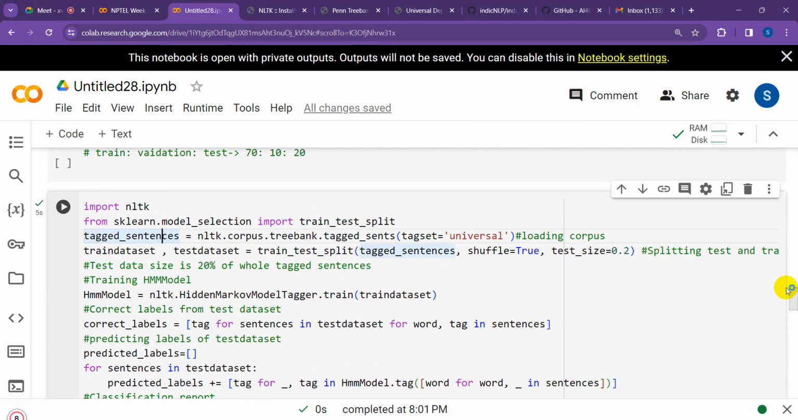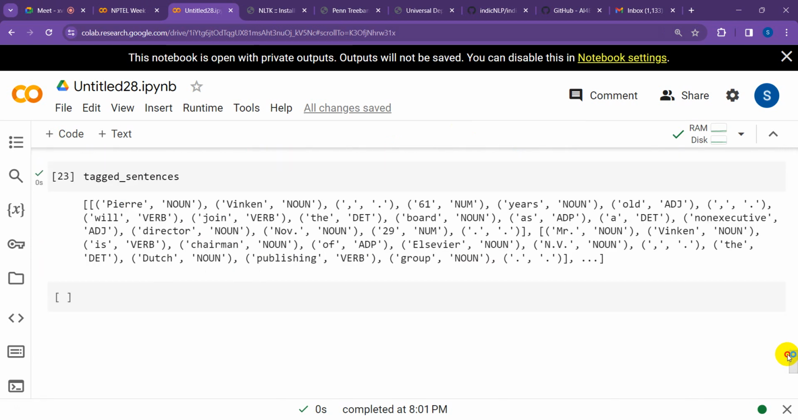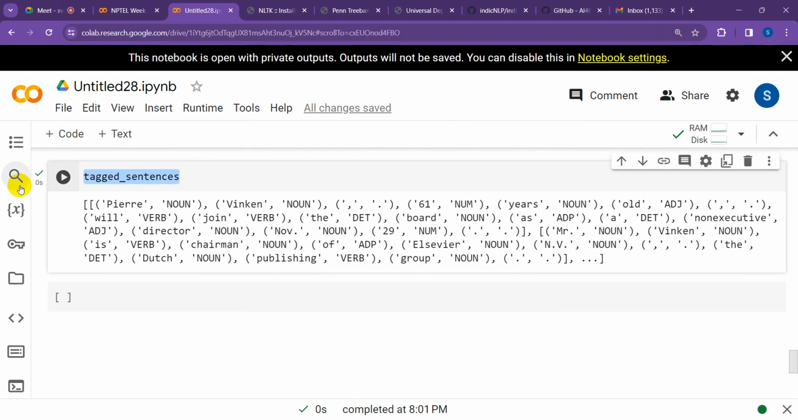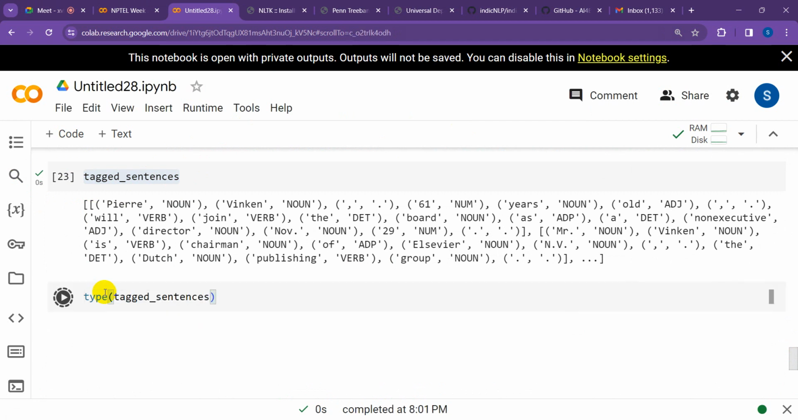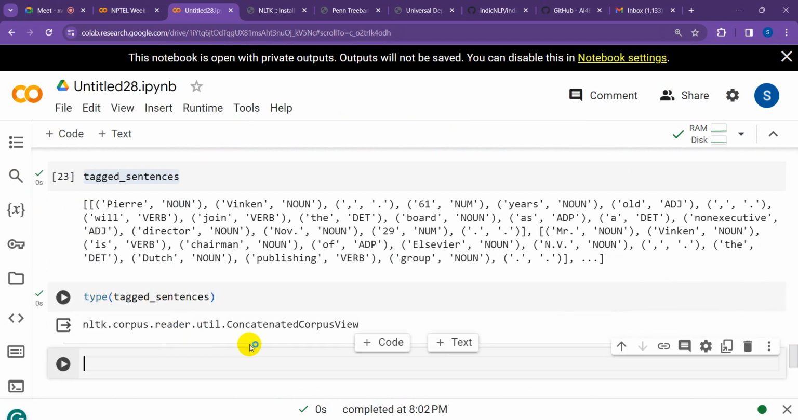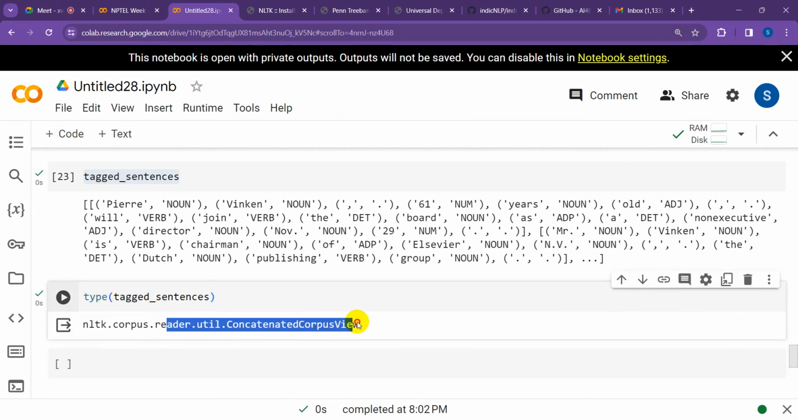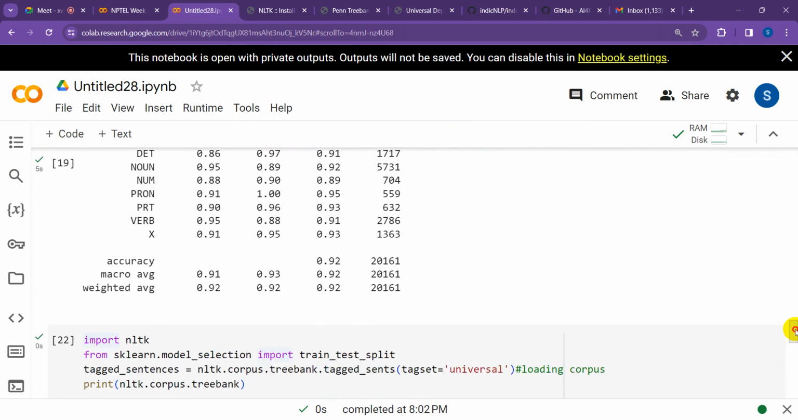Now we can check what is the type of these tagged sentences. It should be in the form of a list. We can see that these are sort of brackets. So I can check the type of tagged sentences. It is in the form of nltk.corpus. Okay, it is some other form. But what we are doing here,